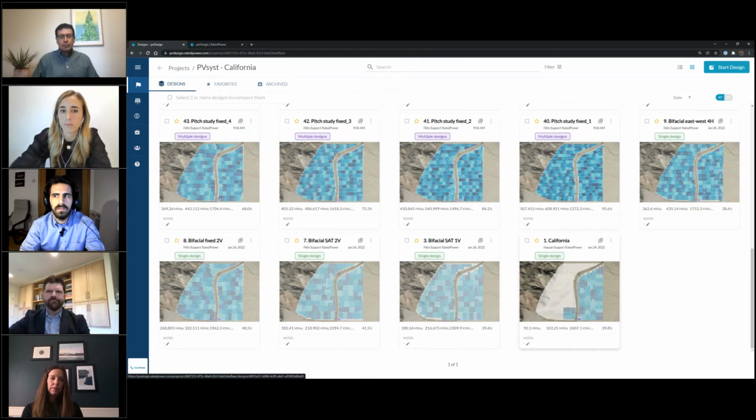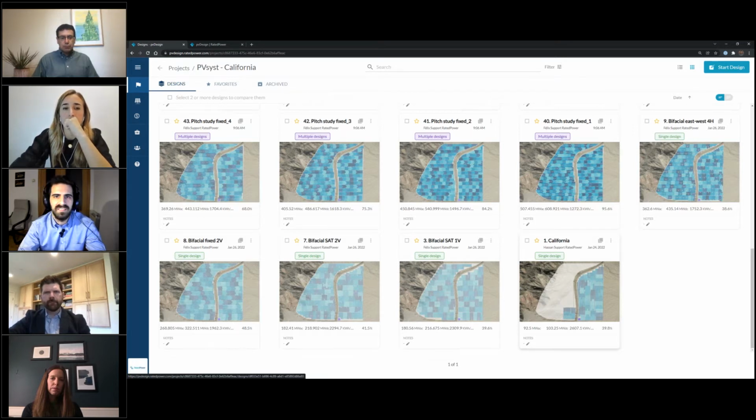And just the fact that they are 2 different persons usually means that if you want to change something, like say you want to change the pitch, or if you are more drastic, if you want to change the mounting structure, that's going to require a huge amount of work. First to recalculate the layout, and then to run again the PVsyst calculations, right? With PVDesign, having everything integrated at once allows for that analysis to be much more agile, and really also it's a matter of accuracy as well, because